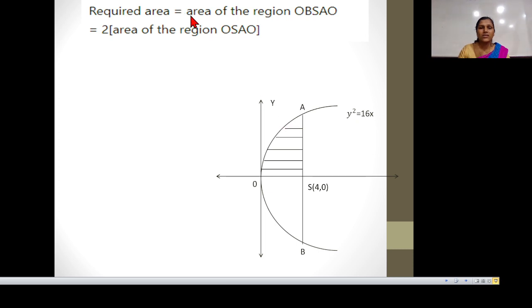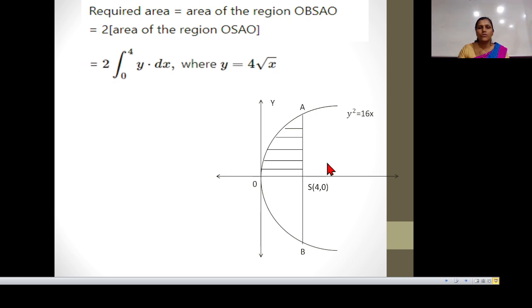This area is equal to the area of the region OBSAO. We have to find this whole area, but we will divide this whole area into two halves, that is, first is the shaded half and second is this blank half. So we will find the area of this shaded region and take twice of it as our required area. So this area will be taken as 2 into the area of the region